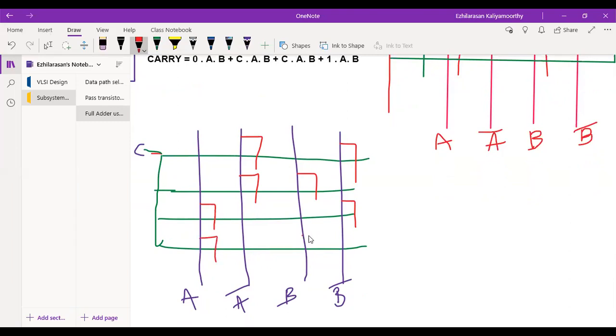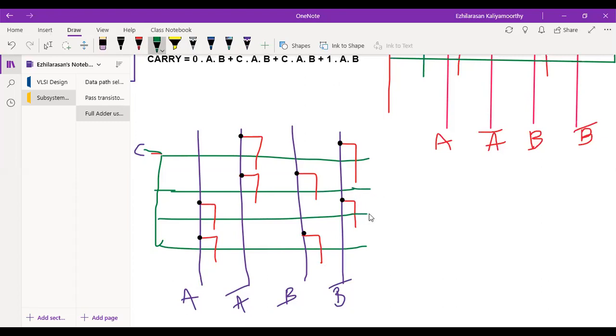Next, you have to create a contact here. Only then your polysilicon, the gate, is connected to the control signal, right? So this will be your gate.